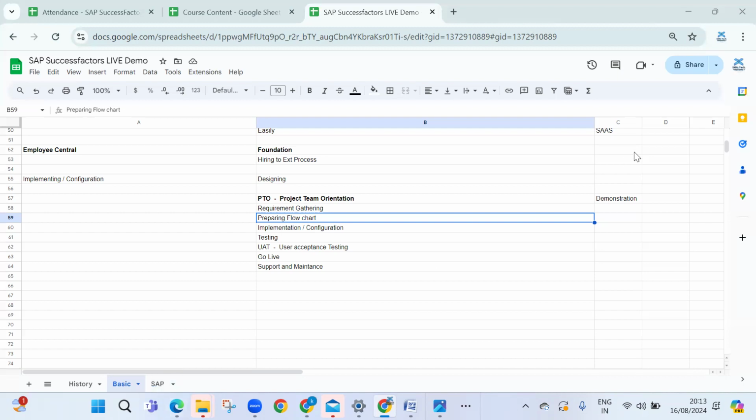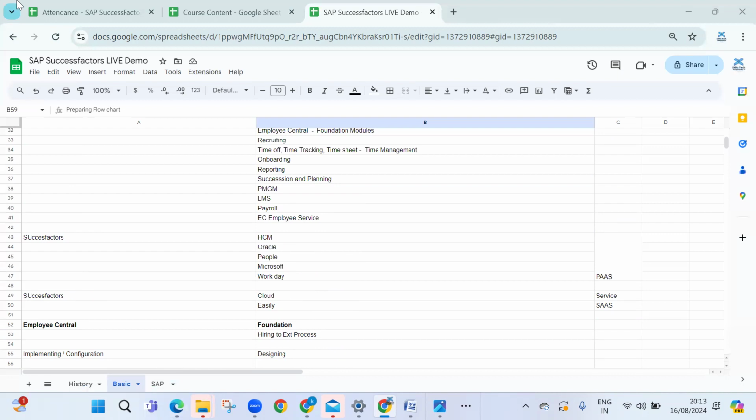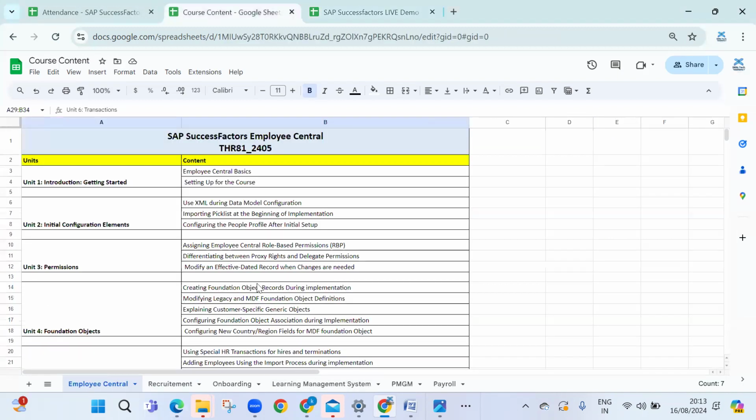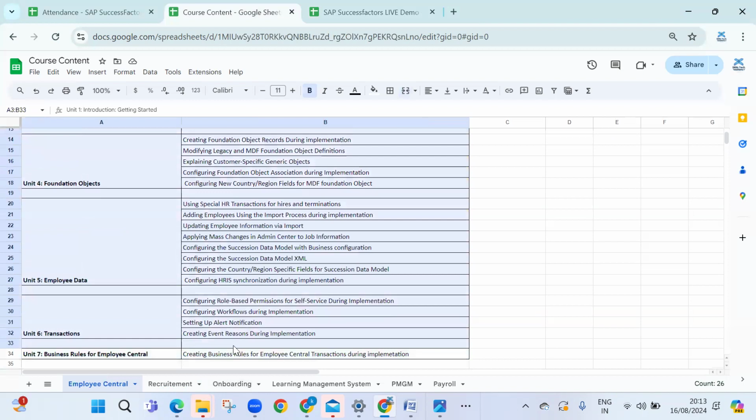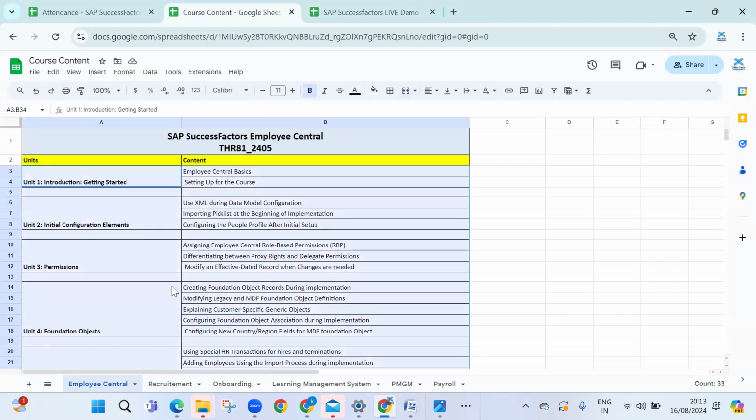Kavita, can you go back to the syllabus? Are we only covering THR 81 and not THR 80? THR 80 is not required, because 80 and 81 both are included here. If you want, we can give the complete same syllabus. There is no change. That is complete administration, and here you will be learning some more extra things, so we have included that as well. You don't need to do the examination. So THR 81 is fine.